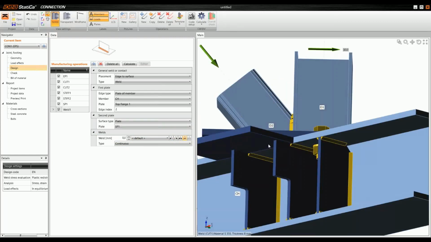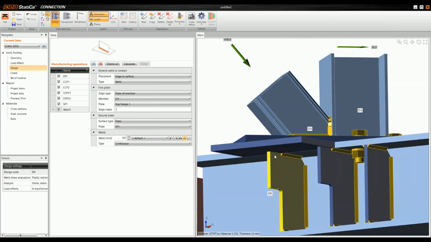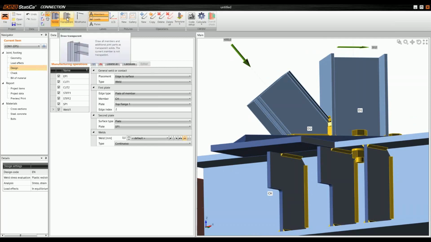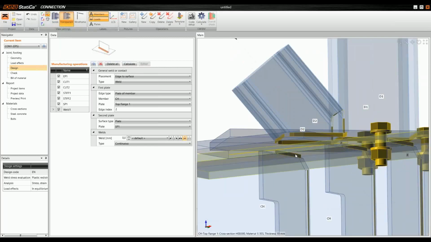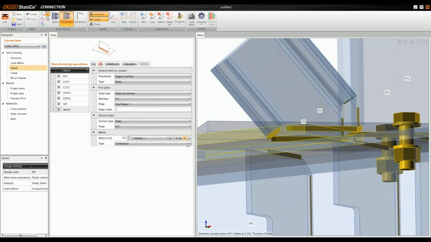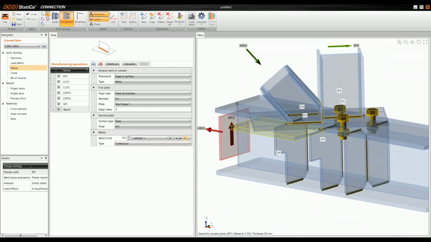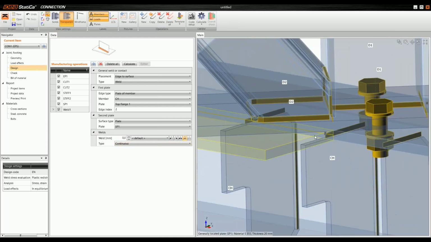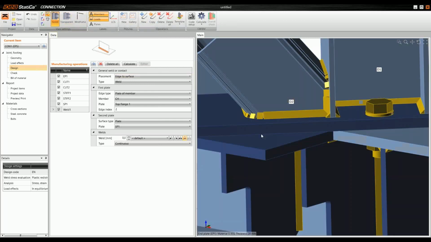Just to make sure, if you want to check if the weld is really there, you again turn on the transparent view, and you can see the yellow line. Okay, if I turn it off, it disappears. So there's the yellow line in the transparent view, and that's the weld. Okay,